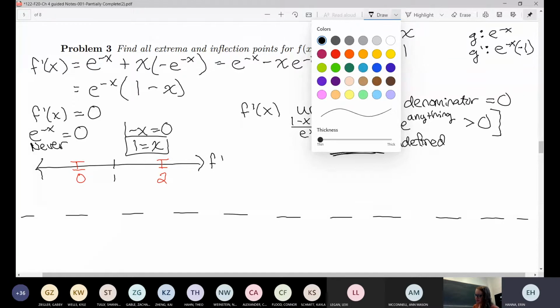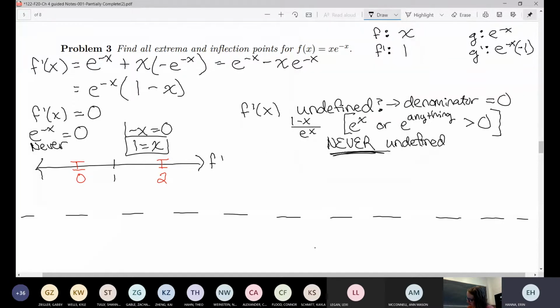So we take those points, plug them into the derivative. So we want f prime of 0 and f prime of 2. I'm going to walk through that sign way that I was talking about the other day, and then I'll find the actual number. But remember, if you can just figure out the sign of it without actually figuring out the number, you can totally do that. So if we think about what we would get if we plugged in 0,